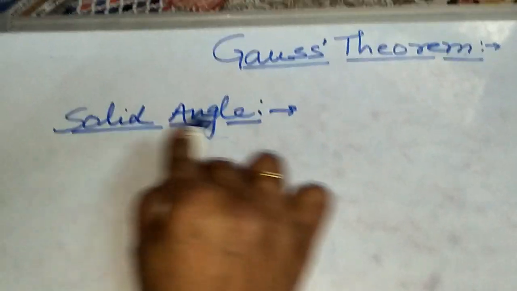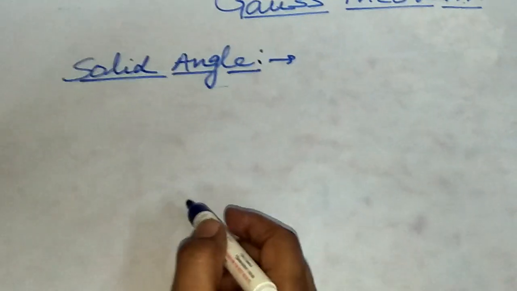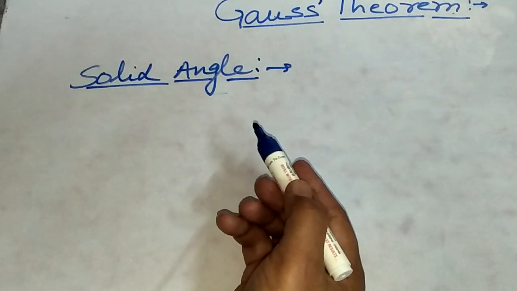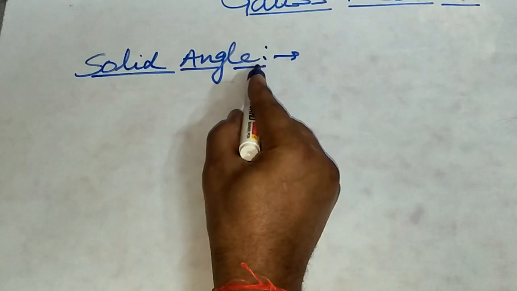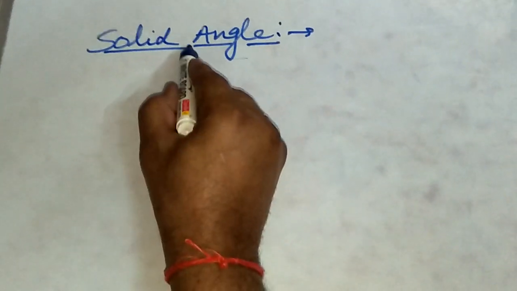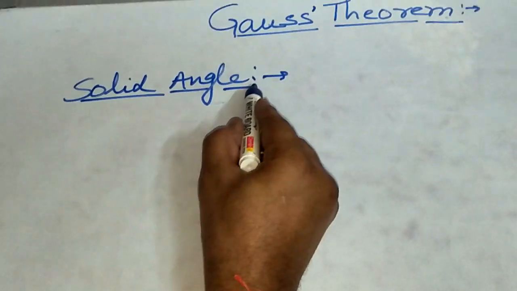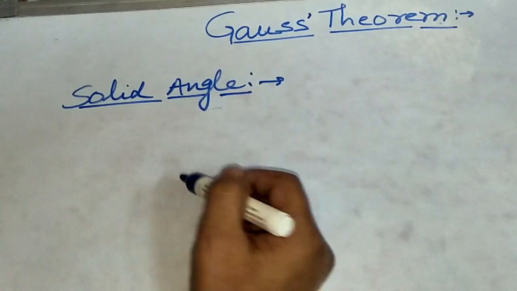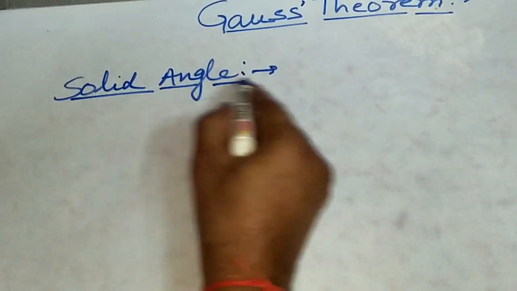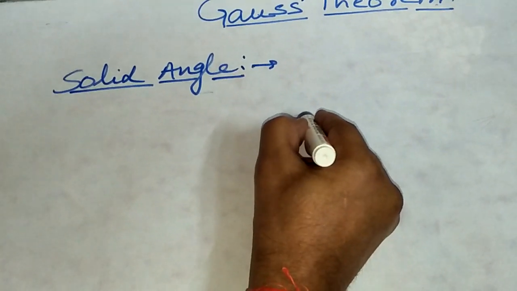Next topic is solid angle. Dear student, all of you know very well about the plane angle and also solid angle, and you have already studied solid angle in class 11th, whose unit was steradian. So here I am going to tell you what a solid angle is, but before this, first, what is the plane angle? You know, if we take a circle